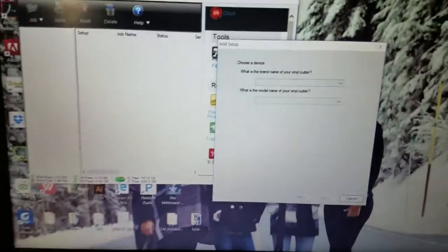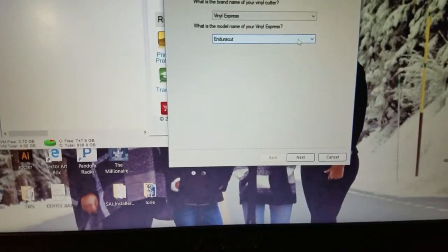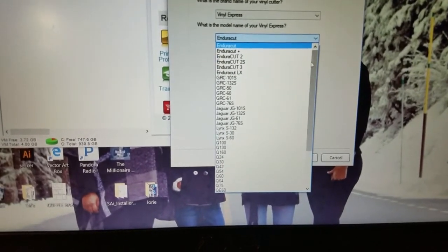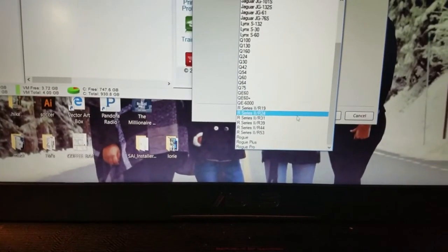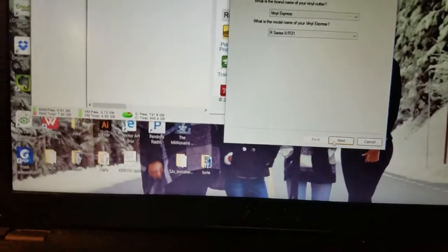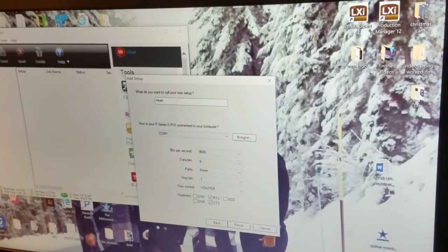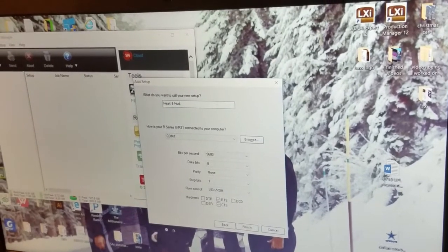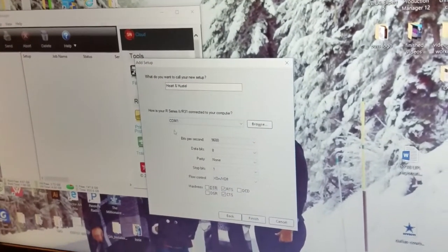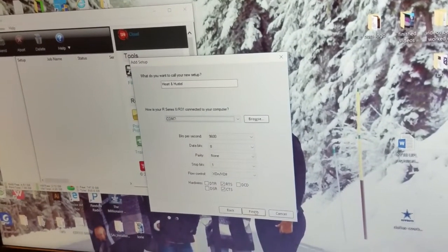Alright, now that I got it open, it's gonna ask us what is the brand of your vinyl cutter, and it's going to be VinylEXPRESS. VinylEXPRESS right there. And then it's gonna ask you what is the name of your VinylEXPRESS, and that is the R Series. I got the R Series II 31. So let's hit next. Asking me what do you want to call it, so I'm gonna rename this to Heart and Hustle. And then R Series 2 R31 was connected to COM7, so we got that. We're gonna click finish,